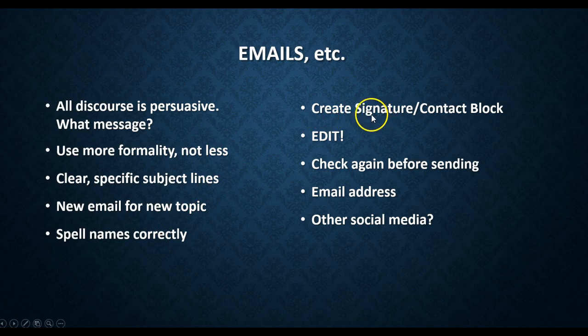If you have a business, you can create a signature or contact block at the bottom. I have a signature block for an organization that I volunteer for. So you can do that and add it to emails. Be sure to edit multiple times and check again before sending. It is very embarrassing in a business to send something out and then have to try to retract it. It really says something about the sender. While we're at it, create a professional email address. Don't use the one that you've been using since junior high, especially if it is provocative. Use a professional email